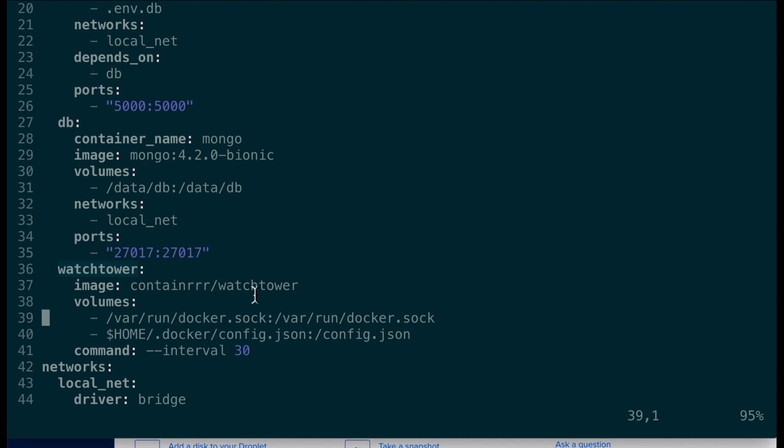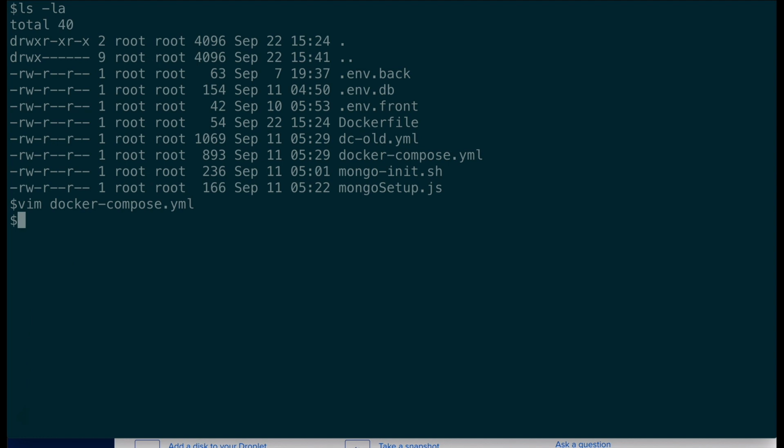So once I spin up all these containers for the first time, Watchtower really handles all of the updates that I am doing as I merge new code into master, and it spins up those images and pushes them with GitHub Actions to Docker Hub, and then Watchtower watches and checks every 30 seconds for updates to those images on Docker Hub. The great thing about Docker Compose is that with just one command, all 4 of those images will